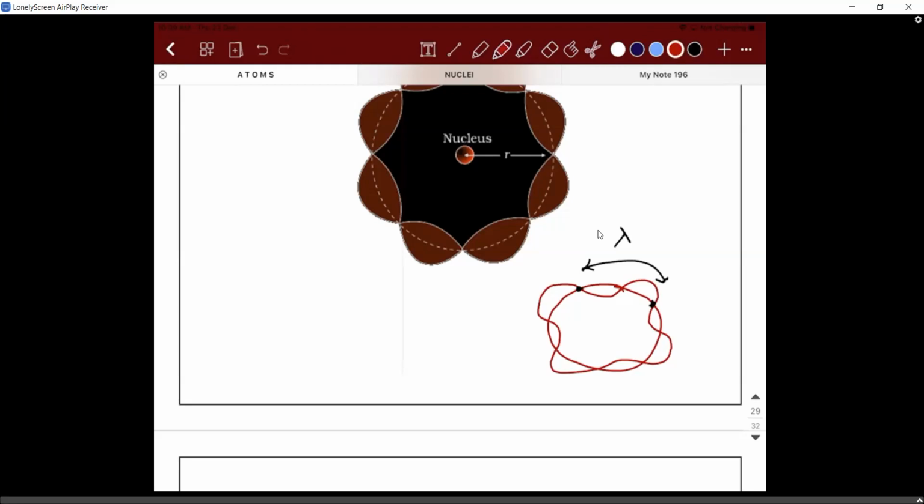I use another color. You have another wavelength here, another here, and another. So totally, how many waves are you able to find here? There are 4 waves, right? So 4 waves means there will be 4 wavelengths, 4 lambda, which should be mathematically equal to 2 pi r. That is what the theory says.